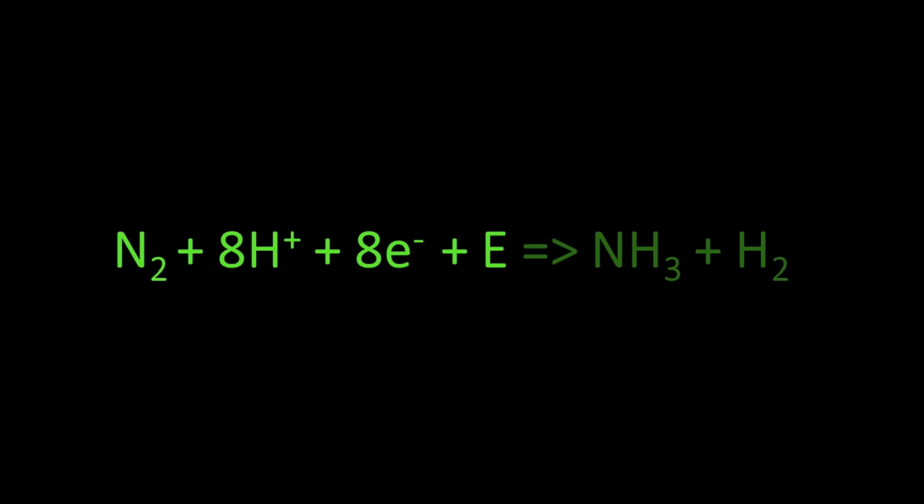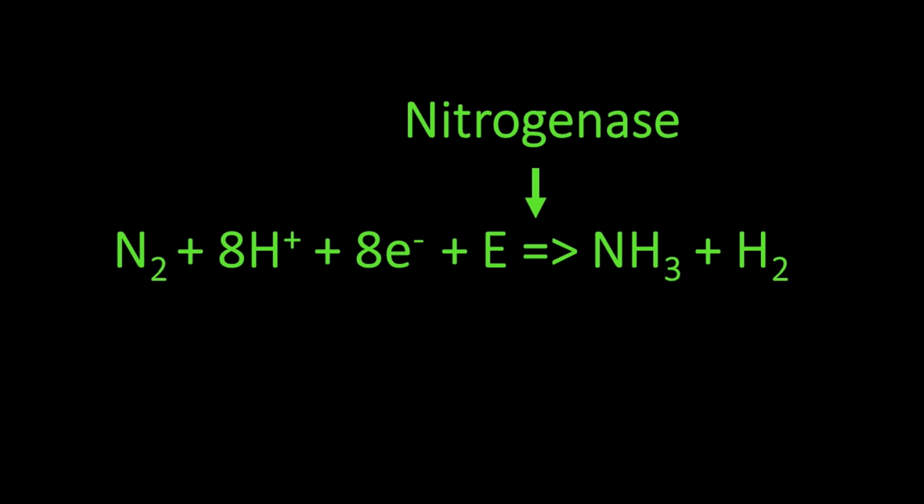First, we will start with the fixation of inert atmospheric nitrogen into biologically available nitrogen, known as nitrogen fixation. Nitrogen-fixing microbes use nitrogenase to split the atmospheric nitrogen molecule in two and add hydrogen atoms to create ammonia. The pH of the cell almost always adds a hydrogen, producing ammonium.